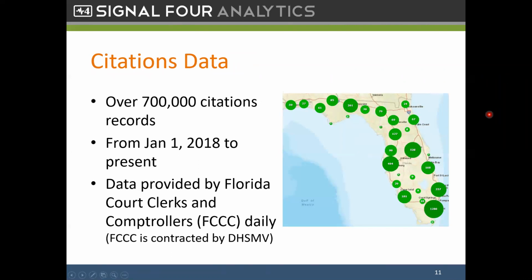So the citation is the third database that's included in Signal 4. If you attended the first day, we talked about three data systems that are integrated here: the crash data, the roadway data, and the citation data. Citations,